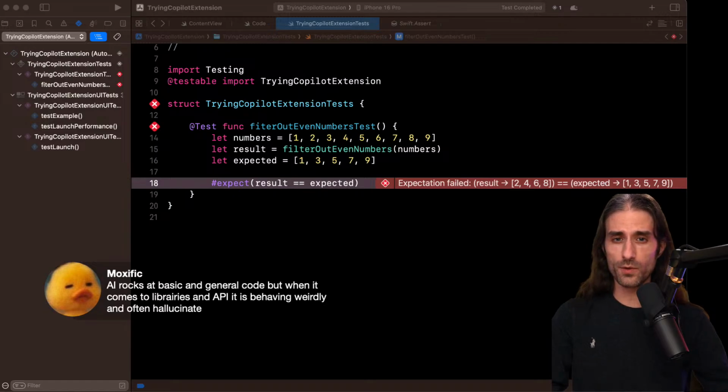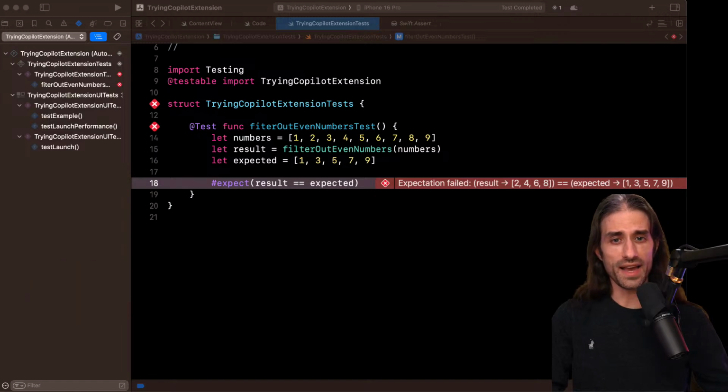I agree. When we tried Cursor two months ago, I asked it to write code to use the matched geometry effect to animate one object from one view to another. I wanted to do it across a navigation transition, and I don't think it's possible, but it still wrote the code and it wasn't working. I asked it to fix it, and it was doing fixes that were not fixing the problem. So indeed, I agree with you.